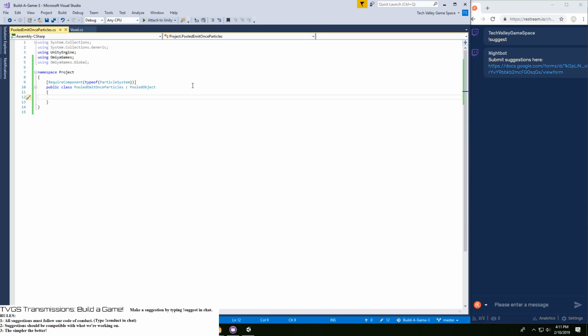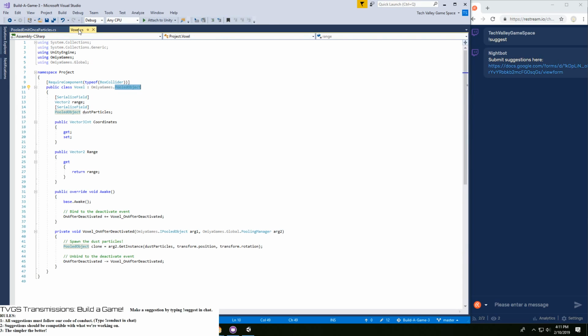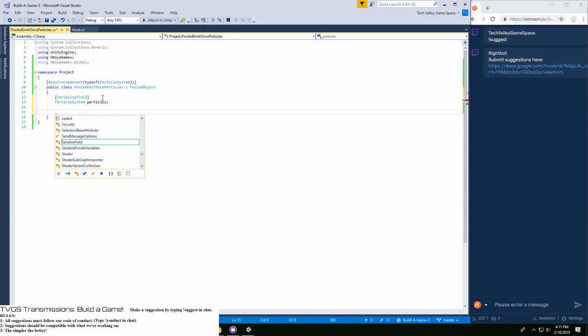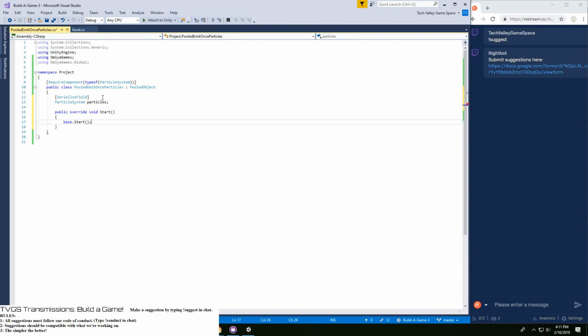And more importantly, I don't think I added that in, so I guess I need to do that. Serialize, I'm gonna be a little lazy. Particles. Override on start. We're gonna make it so that the particles dot play.